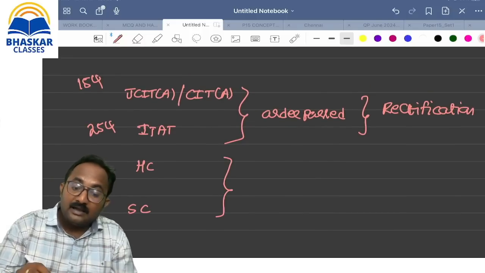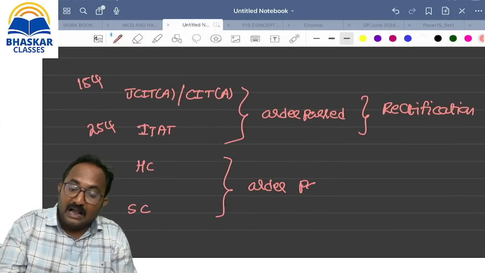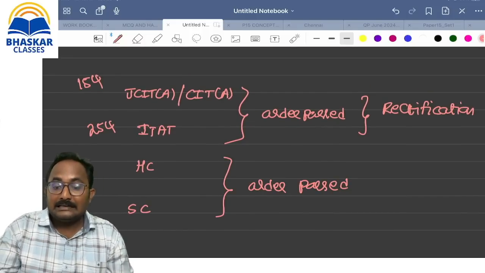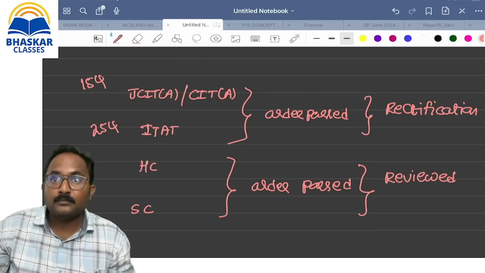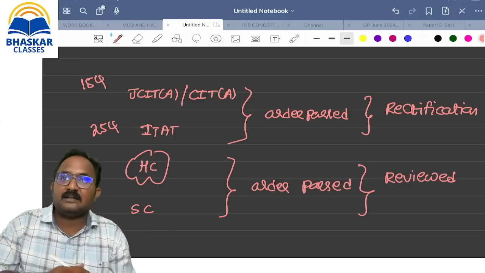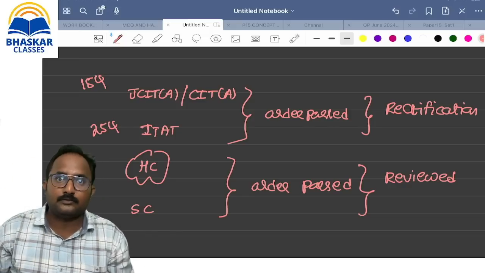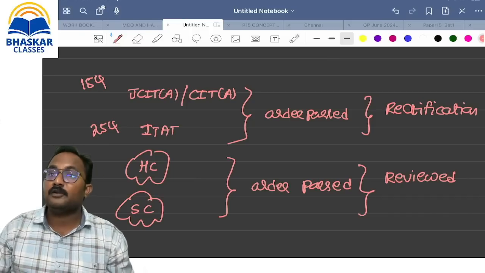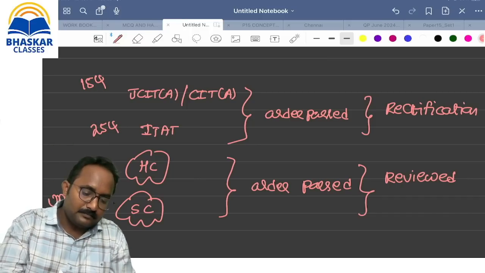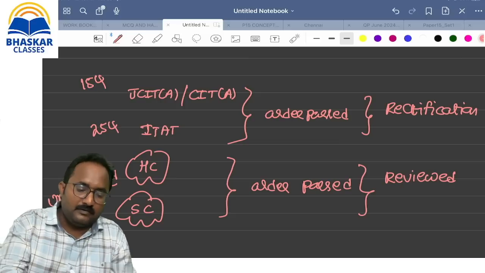Now here, High Court or Supreme Court, if any order is passed, that order can be reviewed and we can change the order also. So 2 years back, one order was passed by the High Court. Based on new available information, we can change the content of the order also. And if the Supreme Court already passed one order, we can change the content of that order also now, based on the power of review. Here also we have an unlimited power. Rectification is always what? Limited.